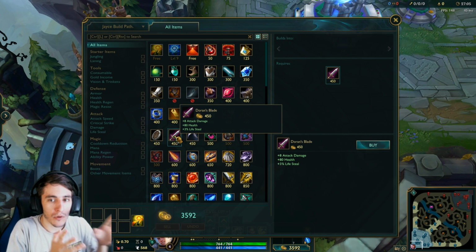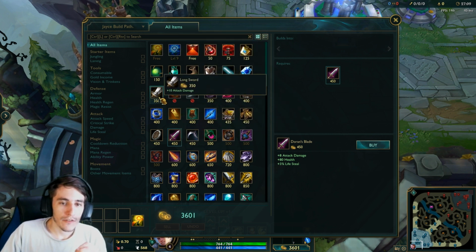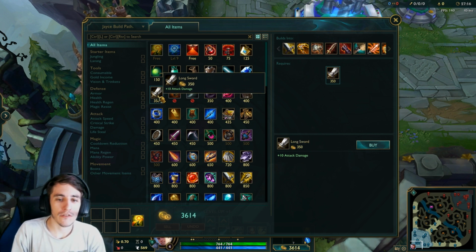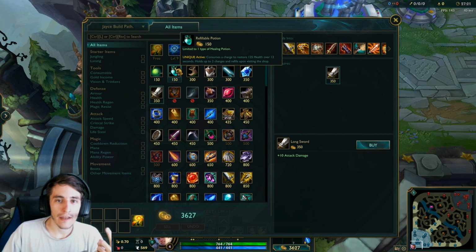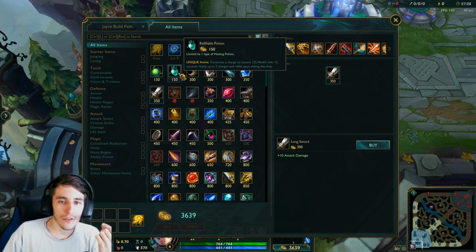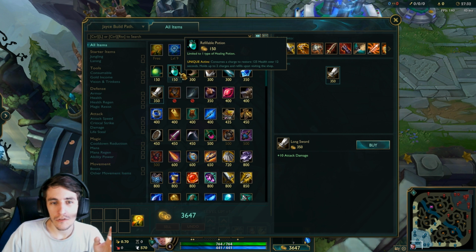That's it. Once you purchase this item, that's where the item stops. But if you start Longsword, yes, you gain 2 extra attack damage, but you only spend 350 gold, which allows you to have a refillable potion that after every single back, you save 100 gold that you didn't have to spend on potions. So after the third back, you have saved 300 gold, which can be used towards either a